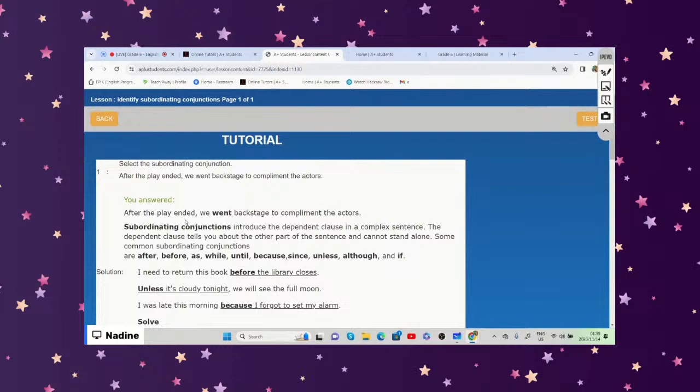And remember, there is a slight difference between coordinating conjunctions and subordinating conjunctions. And usually, when it comes to joining,